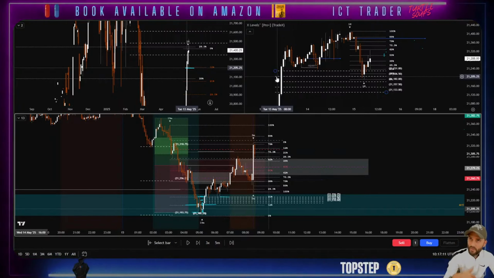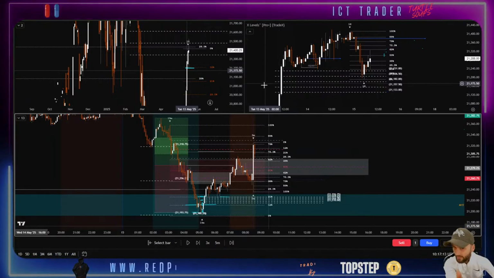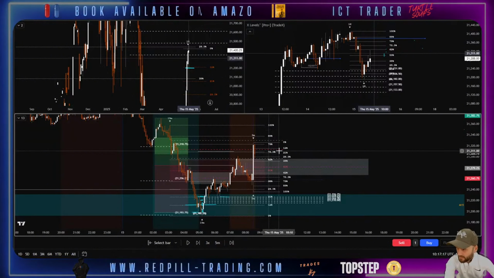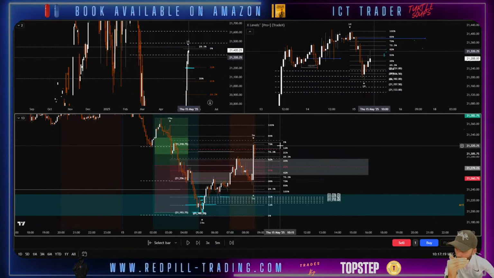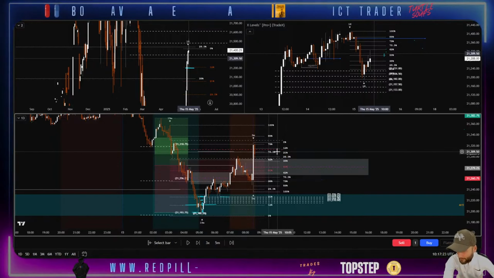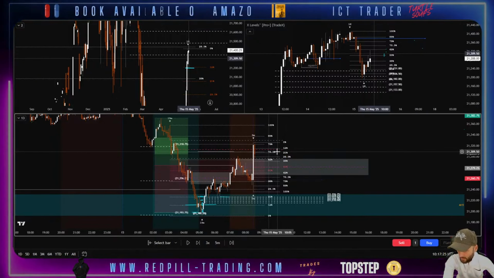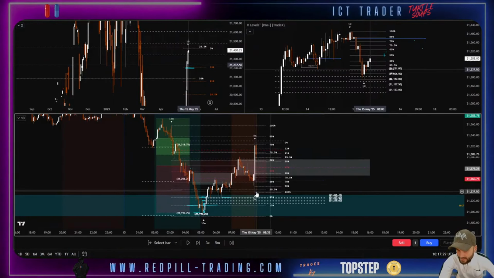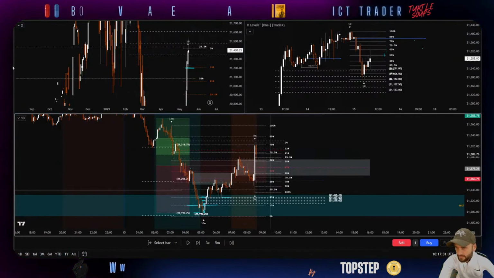But now you've taken price all the way back up into an M15 and hourly discount. Well, of course, this is now where price can reject. We're back inside of a higher time frame X level in an alignment with a PD array. Right? Okay, so what ends up happening here is we get a fight between,